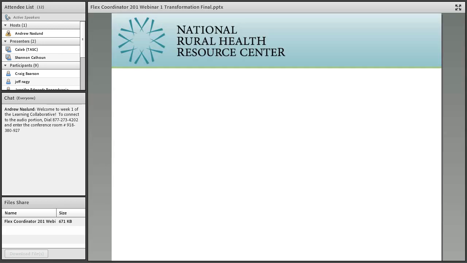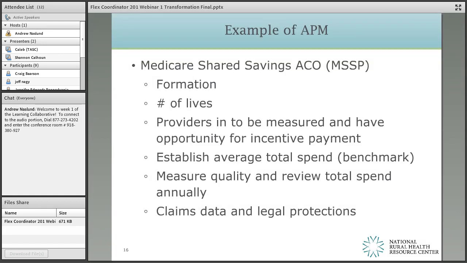And under this contract with Medicare, providers agree to be measured in cost and quality of a defined population. The reason why it's a defined population is Medicare could be having multiple ACOs where patients may go from one side to the other, and they need to draw the line on clearly where the patient is attributed so that they can actually see what's happening instead of muddying the water to some degree. But the short end of the story is that the providers are agreeing to be measured on cost and quality of a defined population.